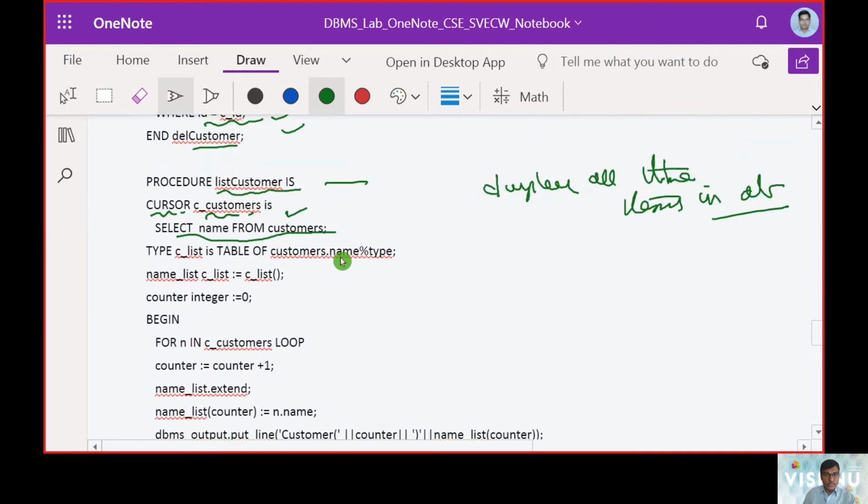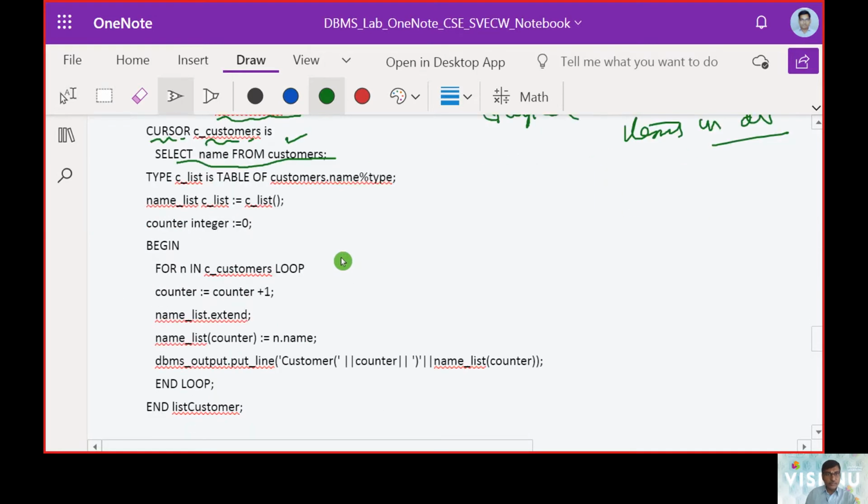So in this case, now we are going to work with a cursor. So cursor is going to be a new keyword here. A package can support not only DDL and DML, it supports procedures, it supports functions, and similarly now it can support triggers or cursors. So we were talking here about a cursor.